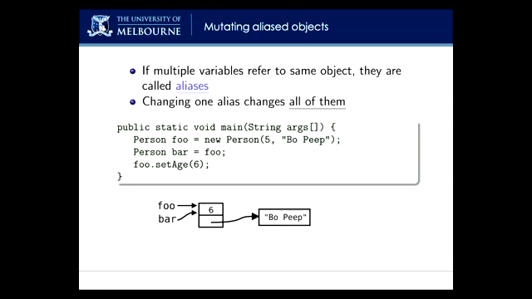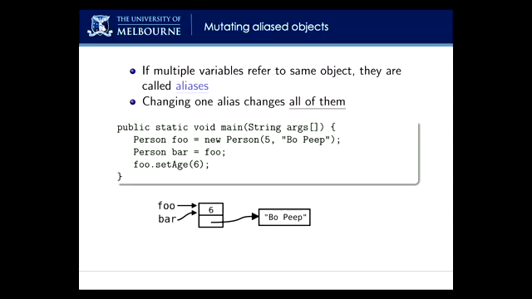Foo bar sometimes throws people, but imagine that foo is person 1 and bar is person 2. So now I'm saying person 2 is equal to person 1. Now this is where it gets interesting, because at this point, when I change foo.setAge 6,